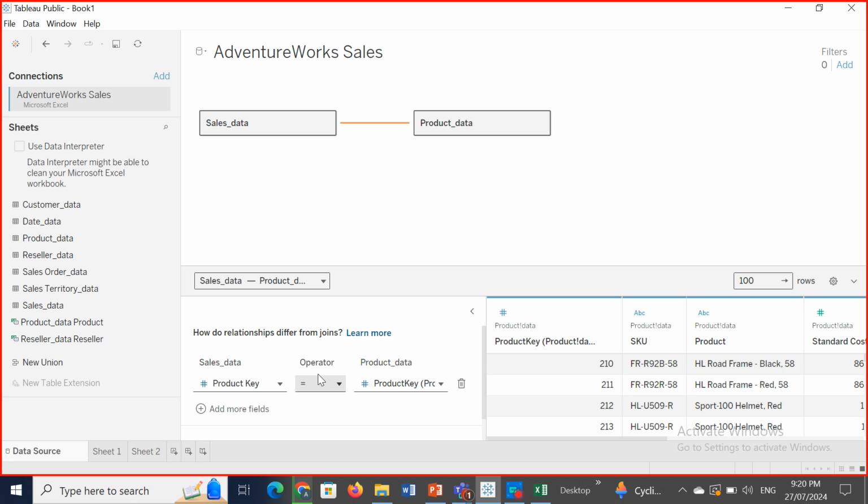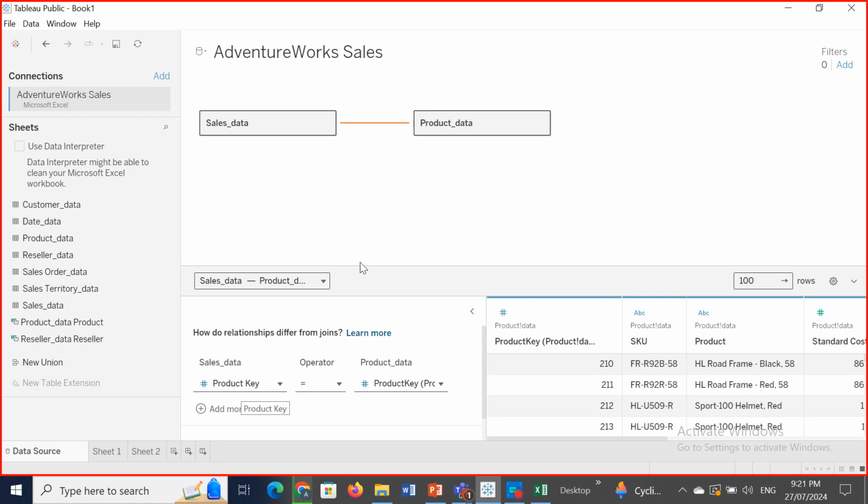Now, you can see the operator sign there. The operator sign is saying that whatever is in this column known as product key, all the data in this column as a product key that matches the data in this product data table, Tableau should display it here. So these are the only data that will be available for you to do your